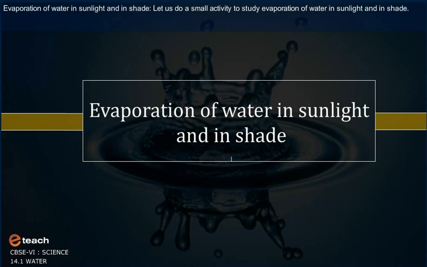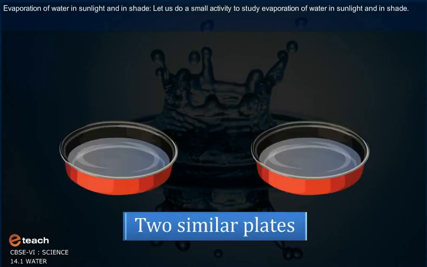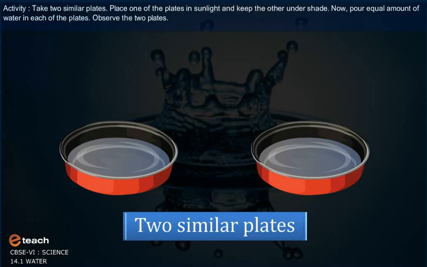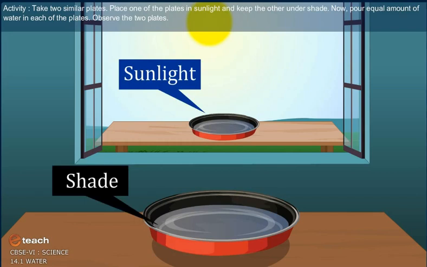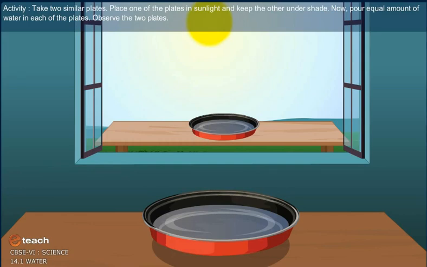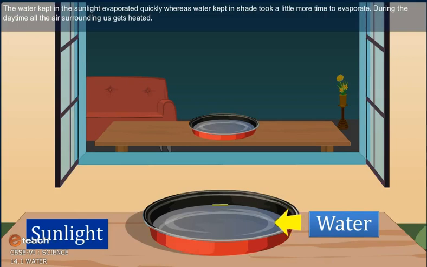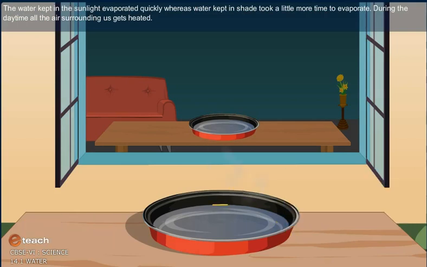Evaporation of water in sunlight and in shade. Let us do a small activity to study evaporation of water in sunlight and in shade. Activity. Take two similar plates. Place one of the plates in sunlight and keep the other under shade. Now, pour equal amount of water in each of the plates. Observe the two plates. The water kept in the sunlight evaporated quickly, whereas water kept in shade took a little